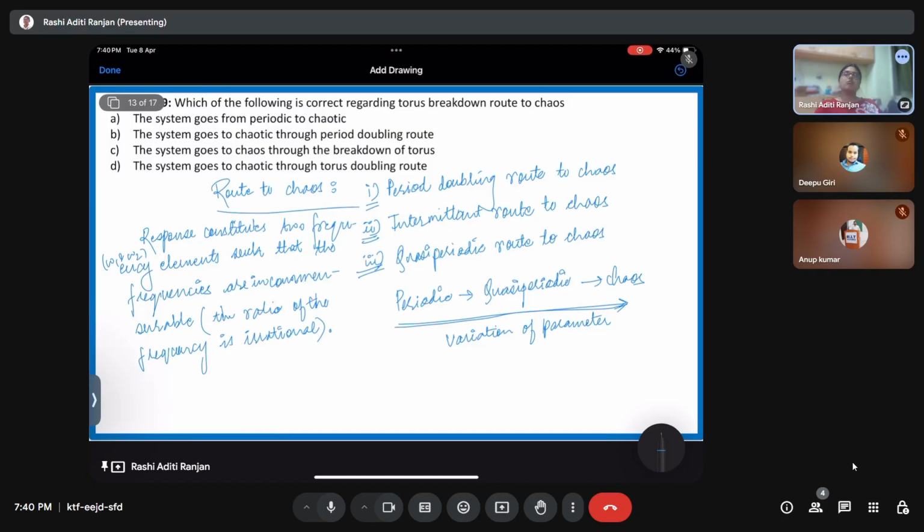However, since mostly in the physical world, there is no system that does not have the effect of damping or any kind of dissipation in it, we'll consider as of now that damping is present in the system. So how does the variation of strange attractor take place? Strange attractor